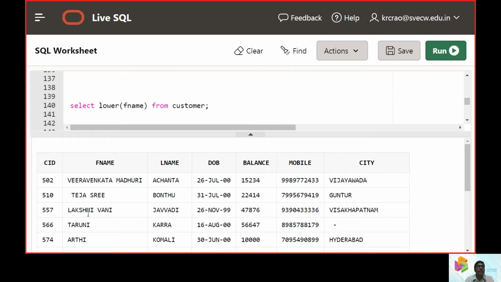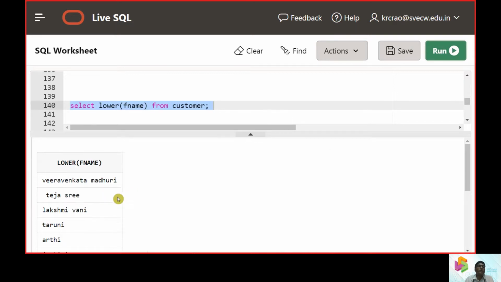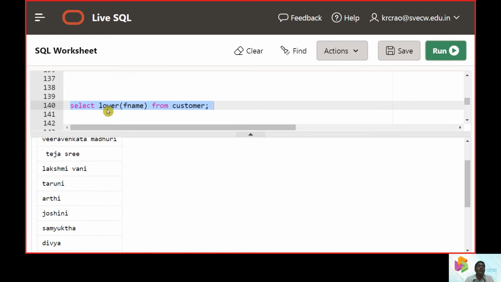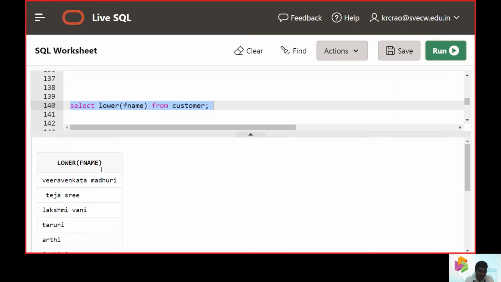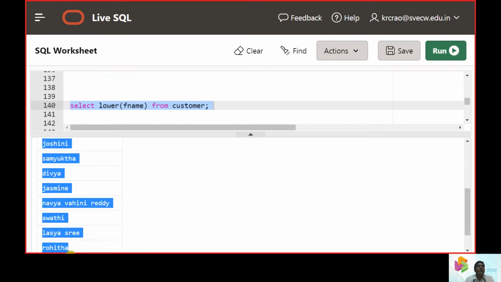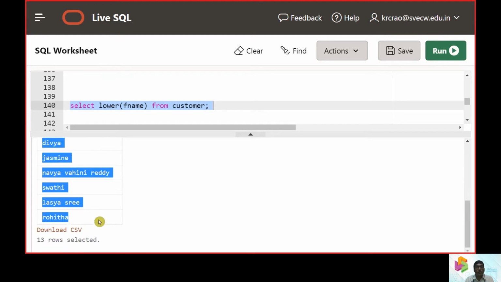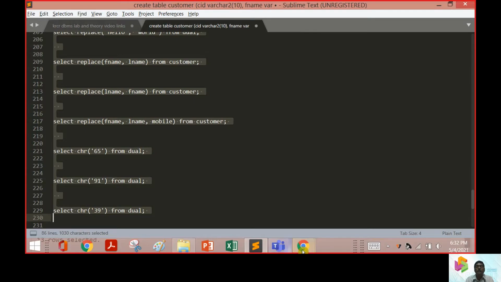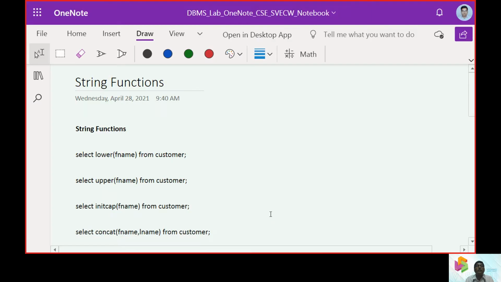Here you can see Tejasri or Lakshmivani, etc., they are put in uppercase. Now we need their first names to be displayed in lowercase. So when we hit the run button and use the function called lower as a string function, we can see all the names are going to be displayed as lowercase letters.